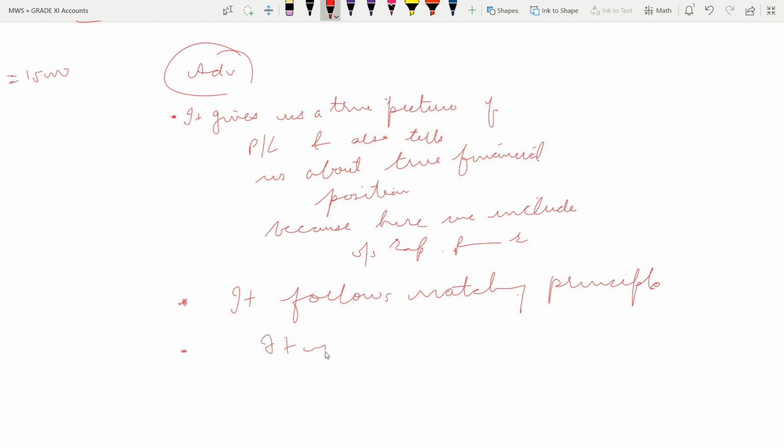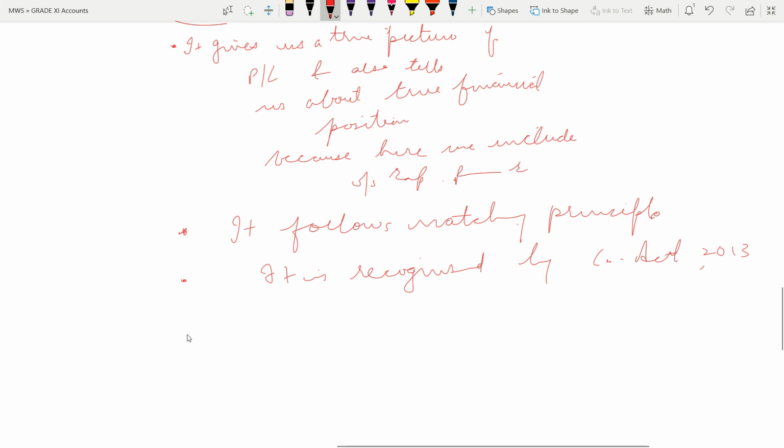It is recognized by Companies Act 2013. This I have told you in the previous class: cash basis is not recognized by Companies Act 2013, but accrual basis is recognized under Companies Act 2013. Now one more thing,